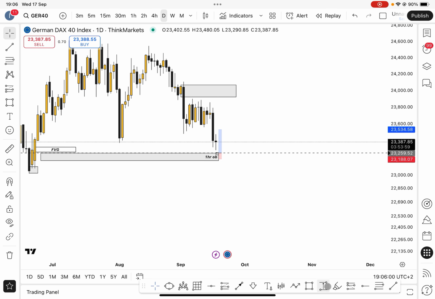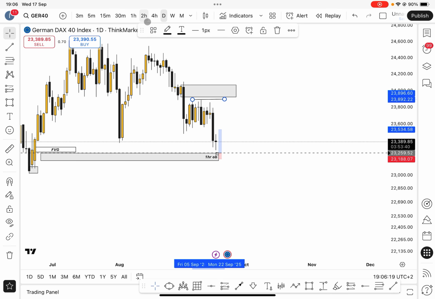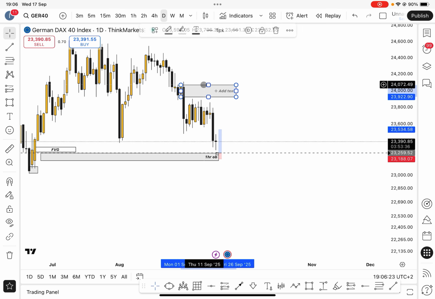There's also this zone, but me, I take the last. There's also a zone here, but me, I deal only on the last order block, nothing but the last. I see this as my liquidity. So any other thing here,